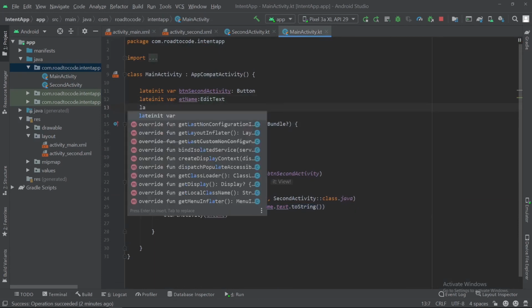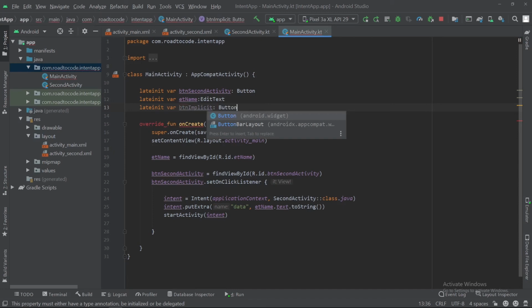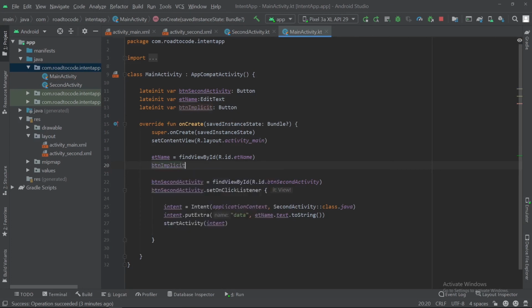And let's again declare one variable of type Button, that is btn implicit. And now inside onCreate we will bind it with the button by id.